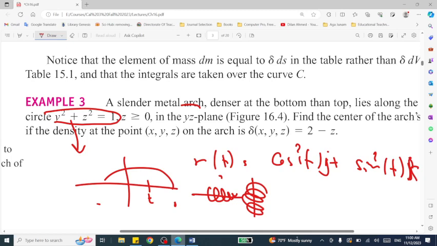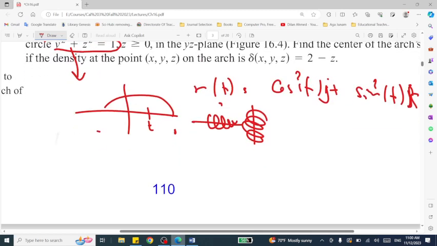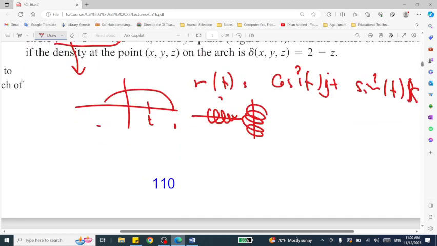If you have x square plus y square, for example, equal to some numbers, any numbers, you can change that one